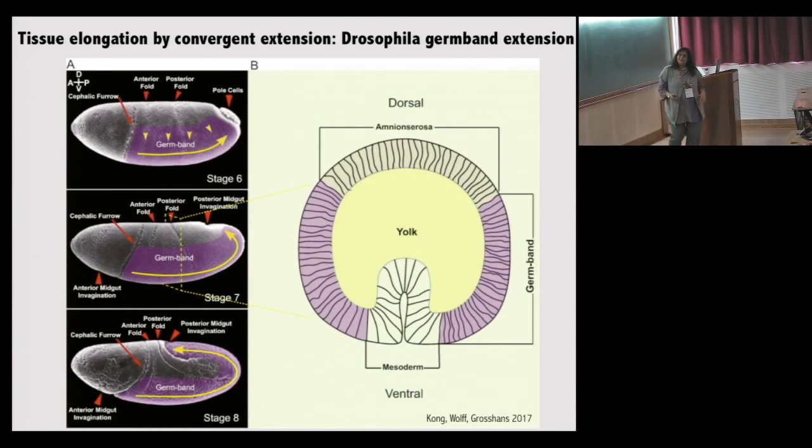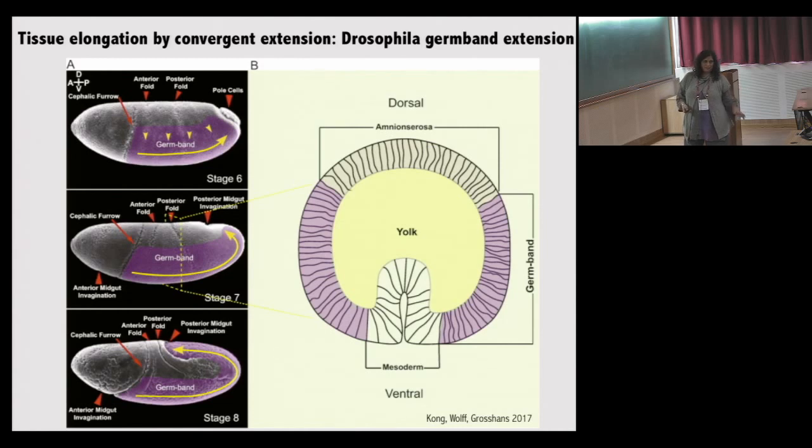So this again is an example from the Drosophila embryo, and what you're seeing is the Drosophila embryo at progressive stages in its development. And all of what's labeled here in purple is a structure we call the germ band. For simplicity's sake, just think of it as part of the sheet that surrounds the whole